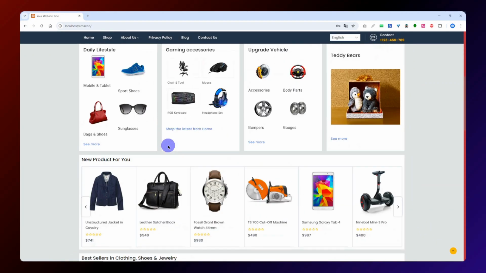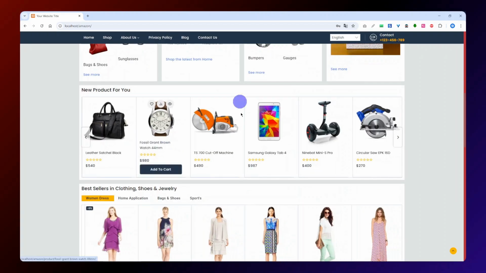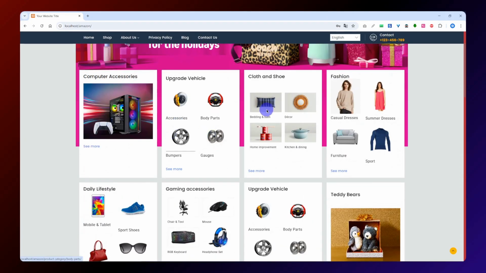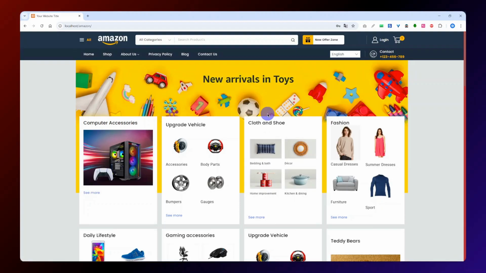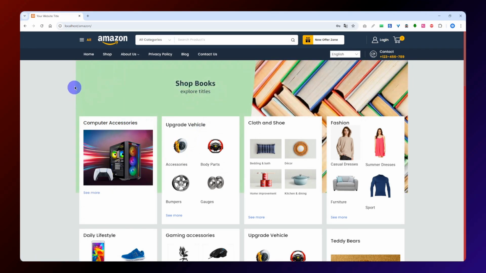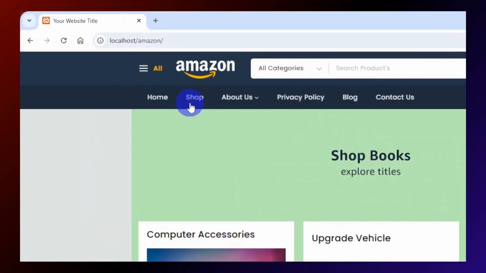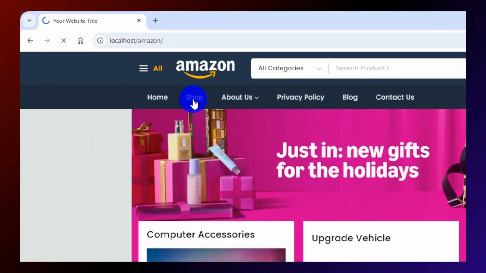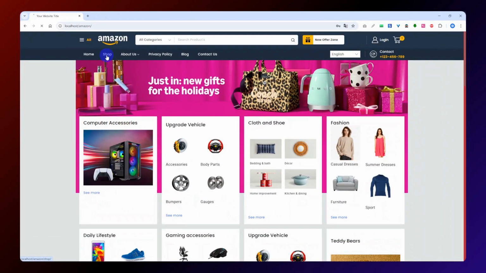First, you can see the home page, where I have designed the home page just like the Amazon website. And remember that all the pages, images and sections of the website, including colors, can be redesigned according to your desired design and requirements. So let's first go to the shop page where all the products of your store will